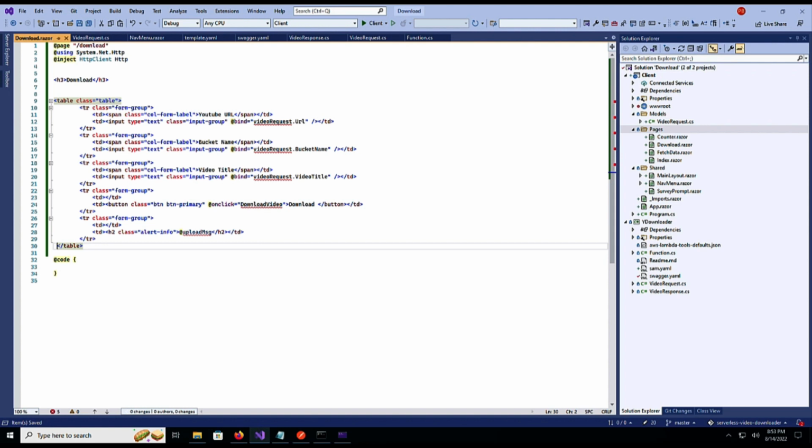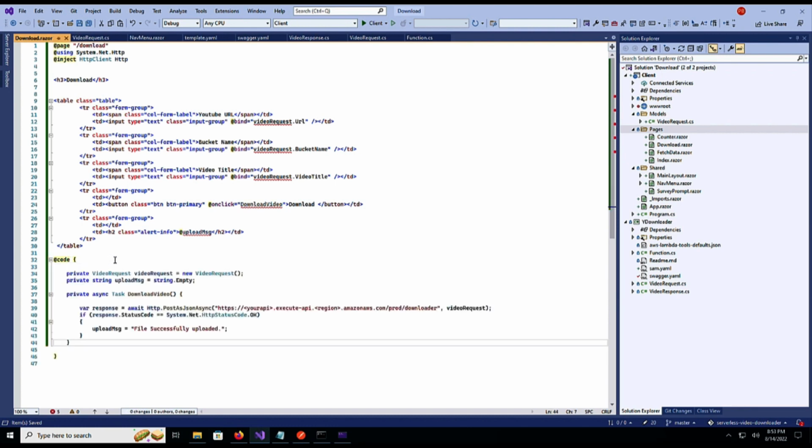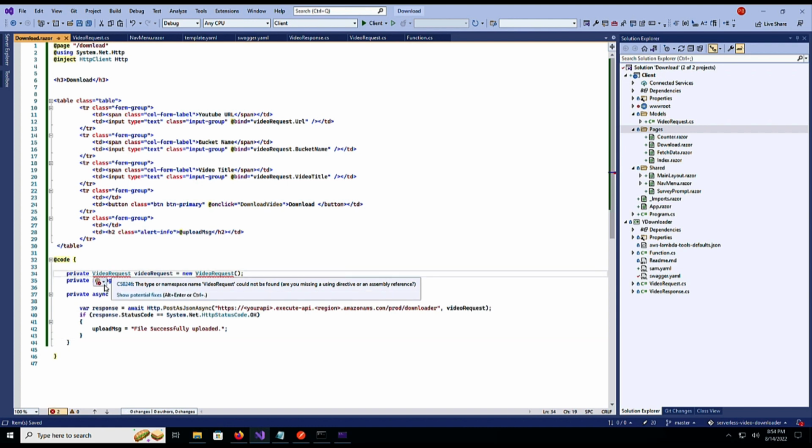I don't need to pass it to a variable or anything else. I can just map it to a property. And then in the code section, I can write my favorite C# code that will take this video request and